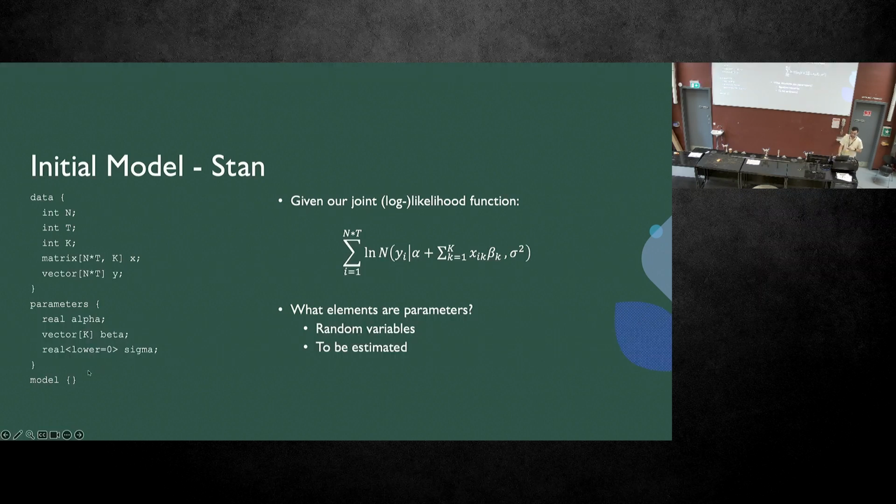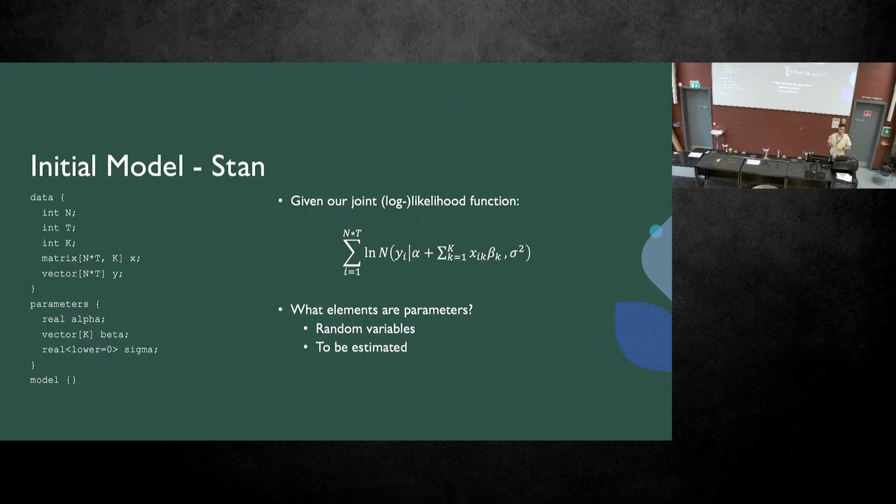The other key thing to note here is this term on sigma. A really nice thing with Stan is that you can impose constraints on your parameters. Can anyone tell me why for sigma we might want to have a lower constraint of 0, a lower bound of 0? Yes, there can't be negative seizures, but that's not quite why we've got a bound on